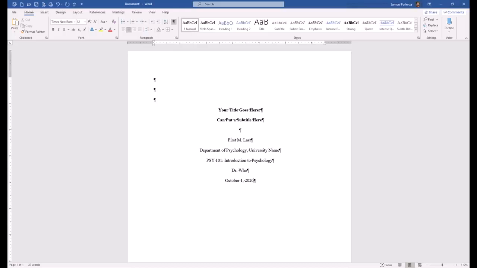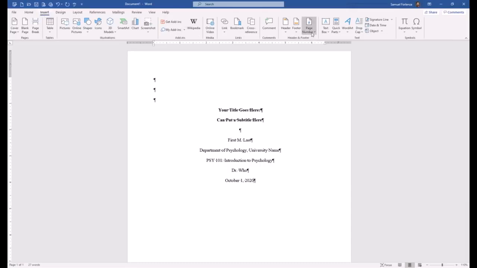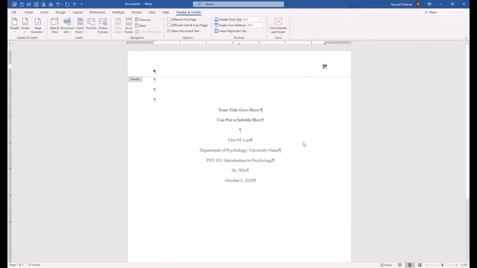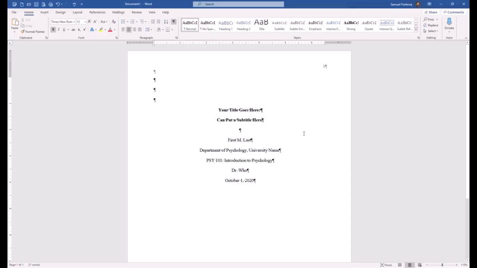You can insert the page number by going to Insert, Page Number, Top of Page, Plain Number 3, which sets the page number in the top right corner of the header. So once you've done that, the title page is finished. That's all you need. The next section is the longest section, the main text of your work or the actual